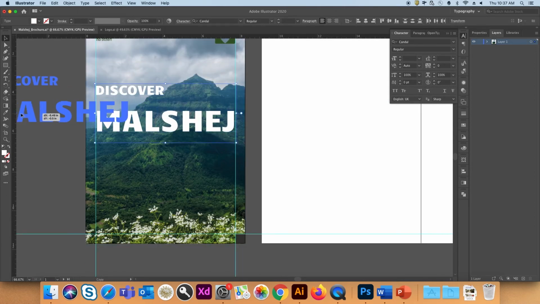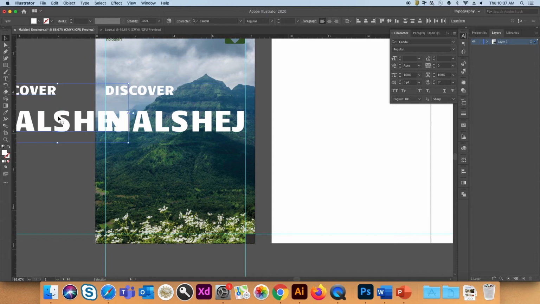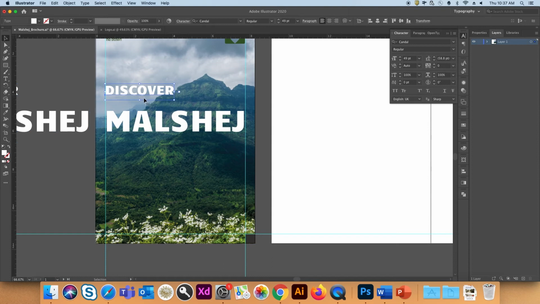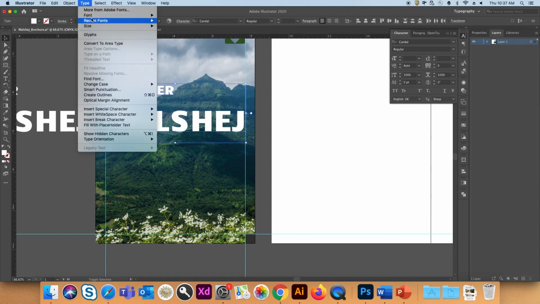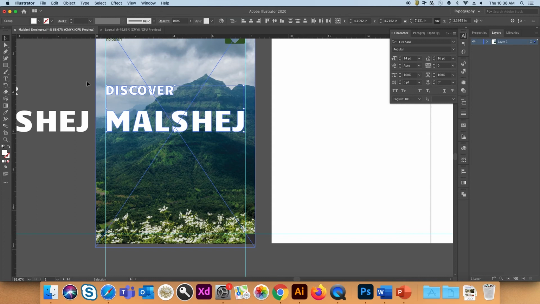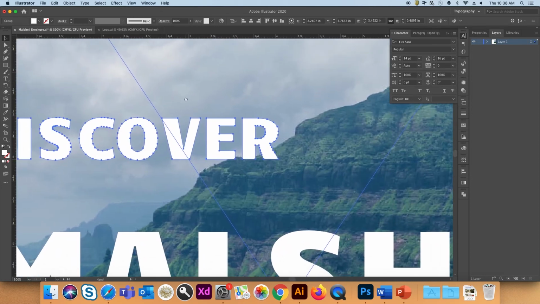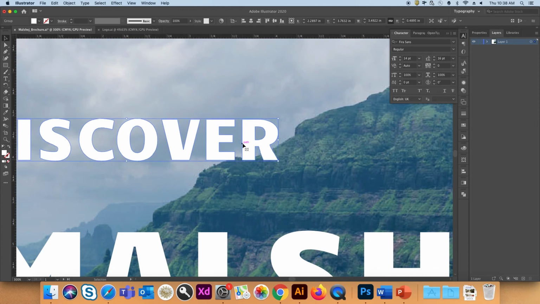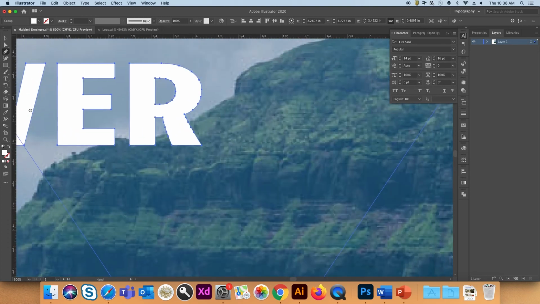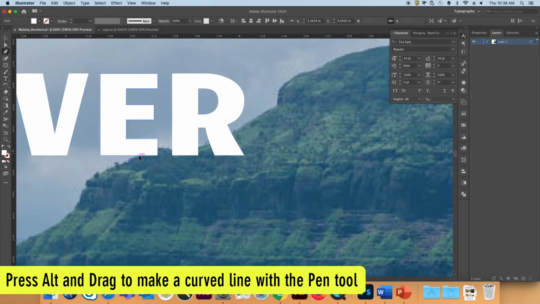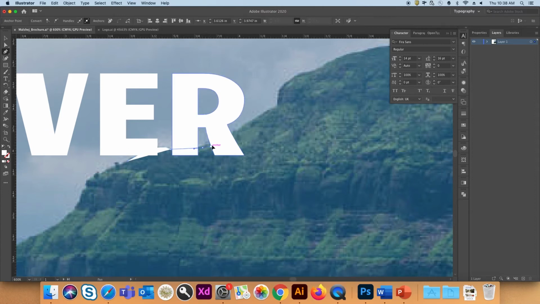Now I'm going to make a copy of this Discover Mulch and set it aside. Then select these text layers. Create outlines. Now I'll show you why I did this in a minute. I want to cut the shape of these letters in the shape of the mountain. So I'll take the pen tool and draw the shape of this mountain behind. While drawing, if I press, drag and press the Alt key, I'll be able to get the curvy mountain shapes. Draw the shape,